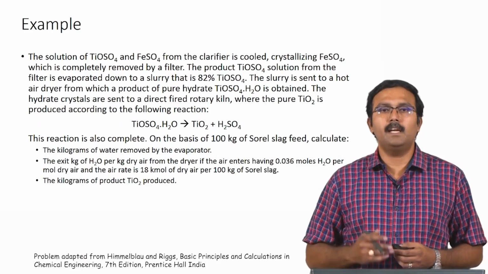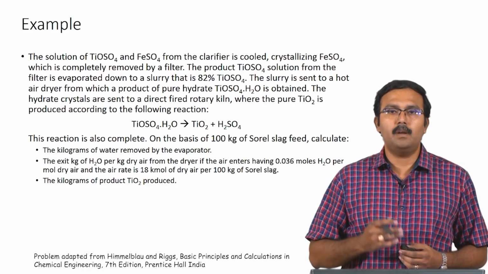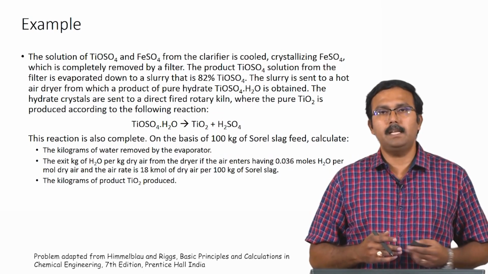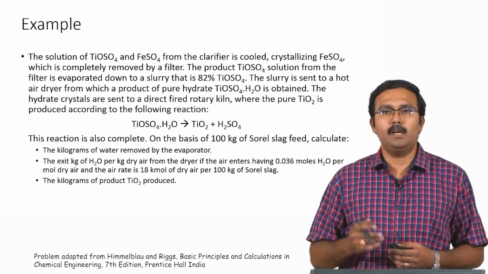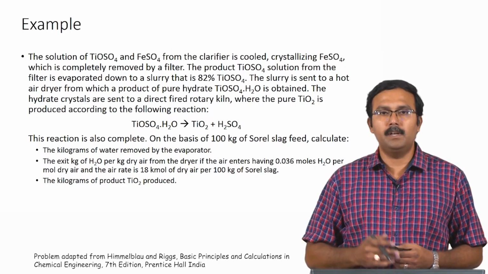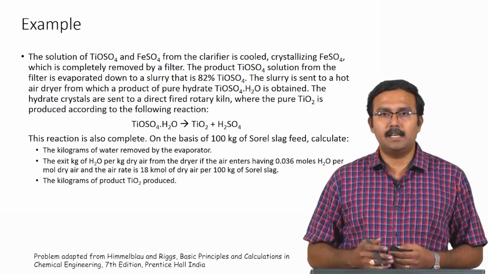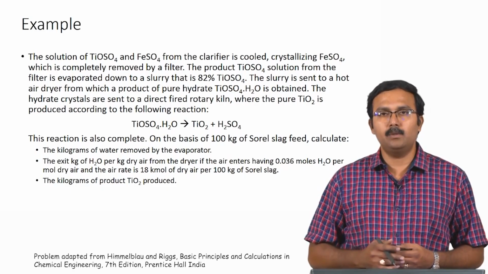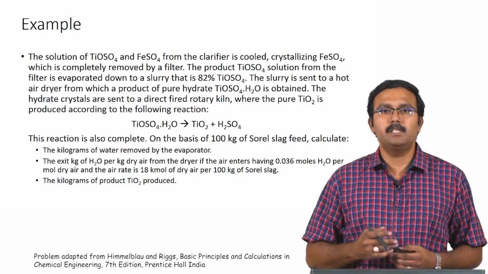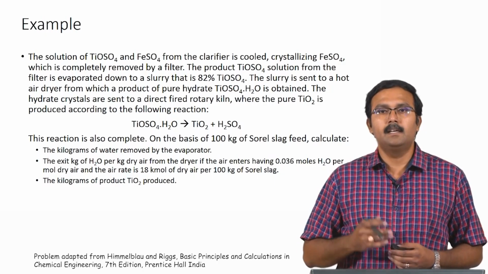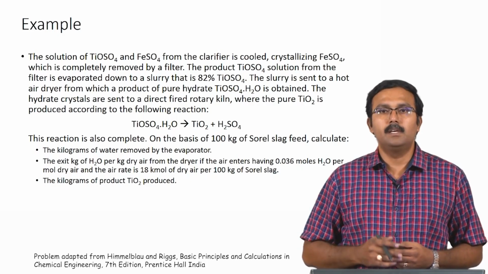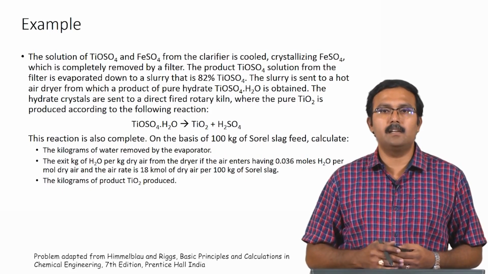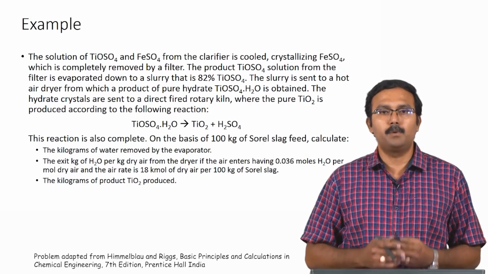The solution of TiOSO4 and FeSO4 from the clarifier is cooled, crystallizing FeSO4, which is then completely removed by a filter. The product TiOSO4 solution from the filter is evaporated down to a slurry that contains 82% TiOSO4. The slurry is then sent to a hot air dryer, from which a product of pure hydrate, which is TiOSO4·H2O, is obtained. The hydrate crystals are sent to a direct fired rotary kiln, where the pure TiO2 is produced according